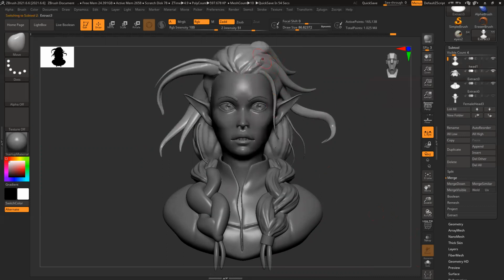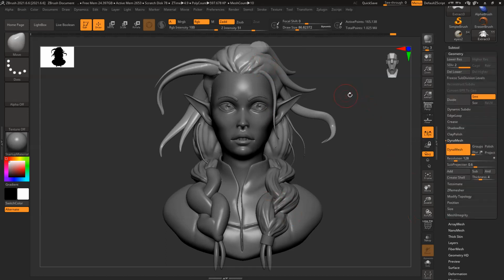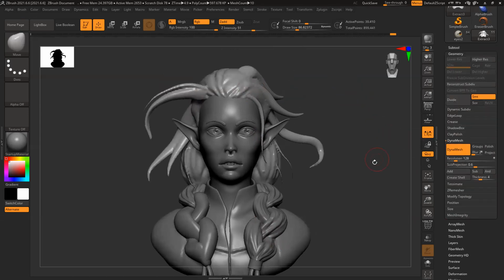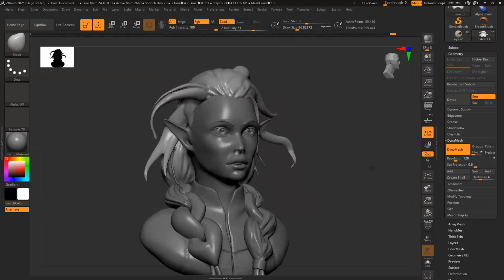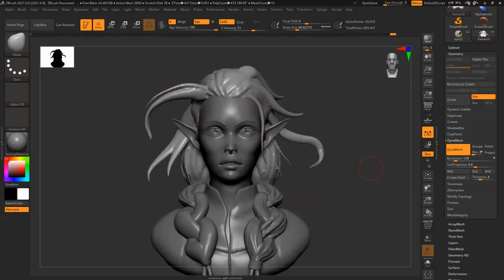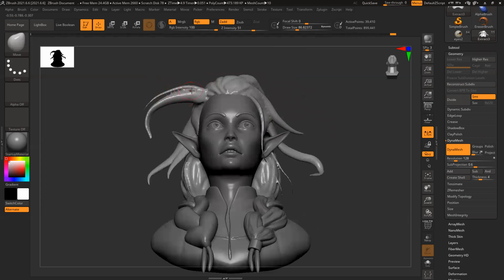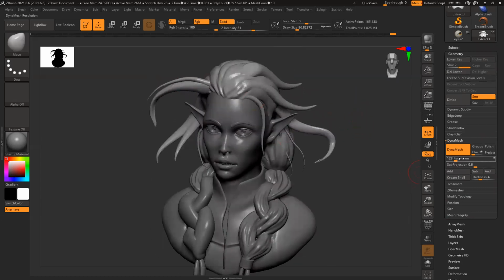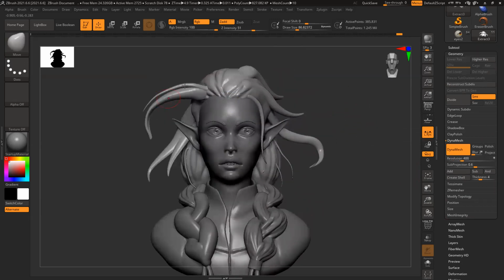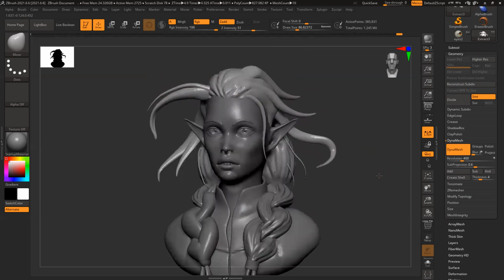Because see, I have kept all the strands separate. Everything is separate. Once I finish this, I'll apply Dynamesh and ZRemesh. First Dynamesh, because I have to fix those. You can see if I do Dynamesh, it will create problems, so I have to fix everything. This is way too low for Dynamesh. I have to increase the poly count slightly and then Dynamesh it, so it won't create those kinds of errors.